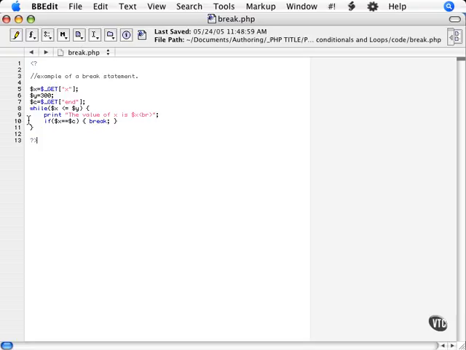Here's a good example of one of those cases. In this example, you want to loop x through a maximum of 300 times. So while x is less than or equal to y, which is set to 300. However, you also have a special instance where you can set the maximum number of times to loop it. In this case, the variable c, which we get from the URL. So if x hits that value, we want to break out of that loop, and that's where the break statement